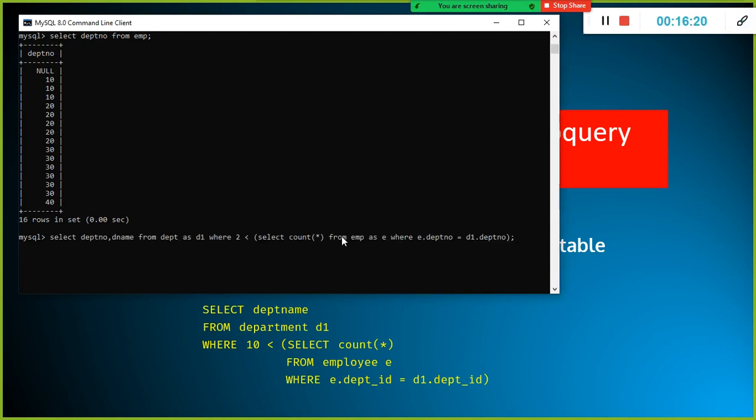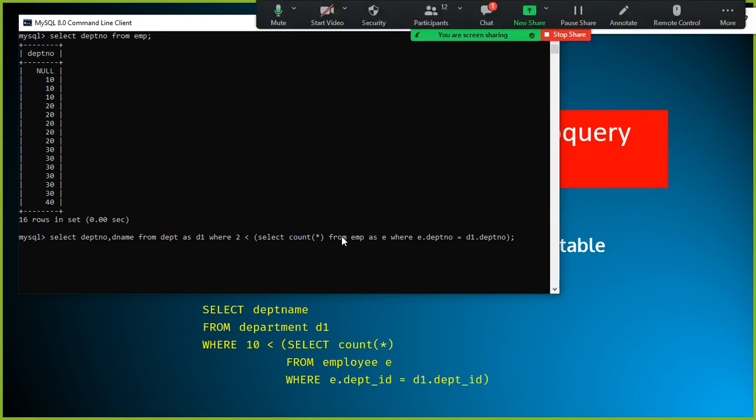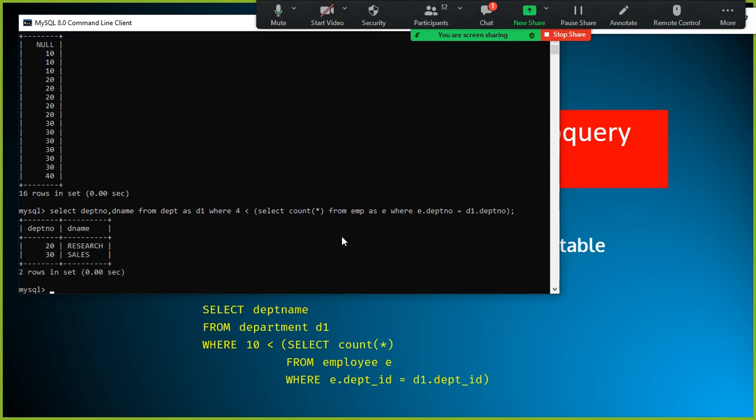For example, count of star from departments, in the combination of these two. How many 10s are there? 3, and 30 is 3. So 20 is 3.